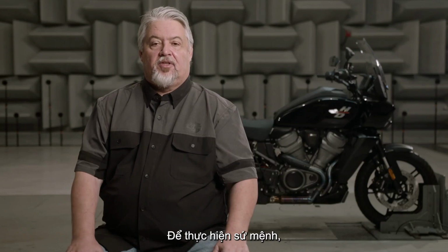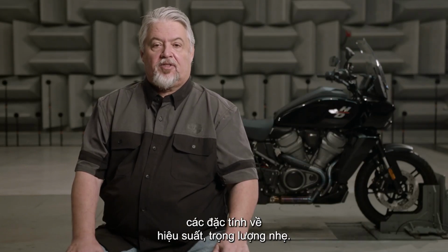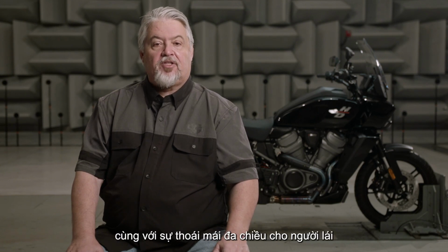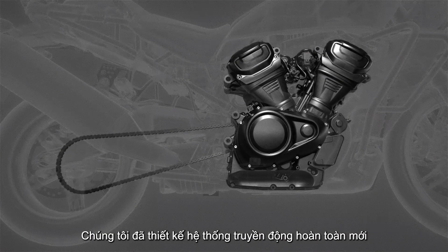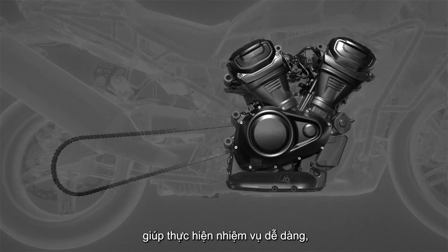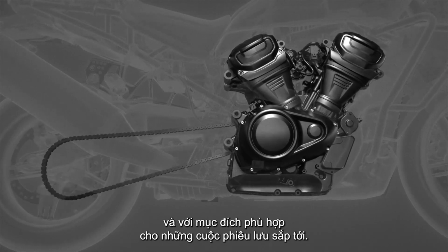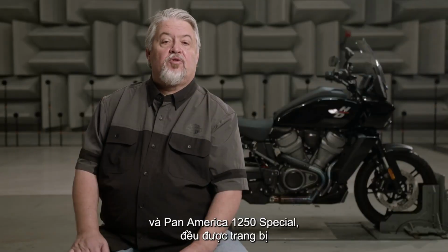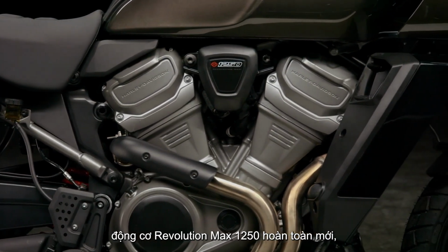To accomplish the mission, we knew the engine would be key, delivering the performance characteristics, low weight, and low center of gravity, plus the multidimensional rider comfort that adventure touring customers demand. We designed an all-new powertrain from the screws up for the task at hand, and purposefully suited for the adventures ahead. The Pan America 1250 and the Pan America 1250 Special models are all powered by the all-new Revolution Max